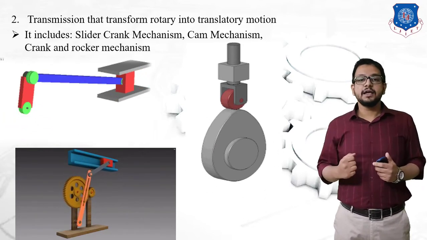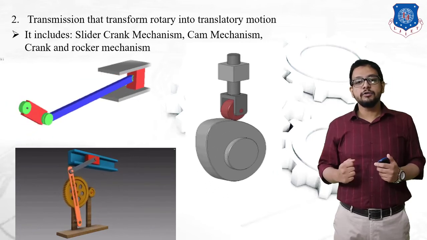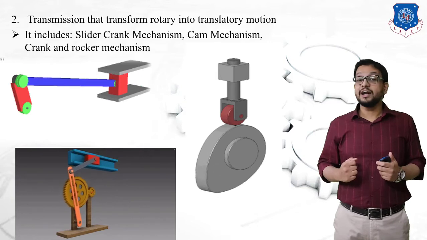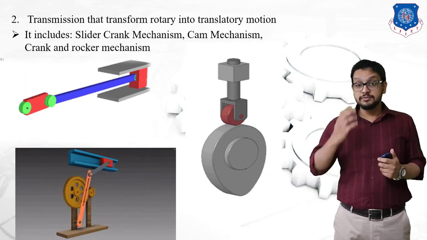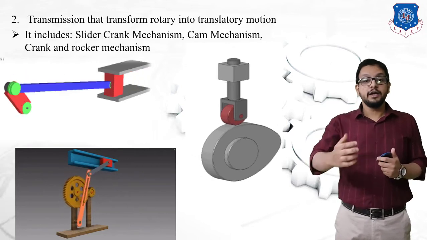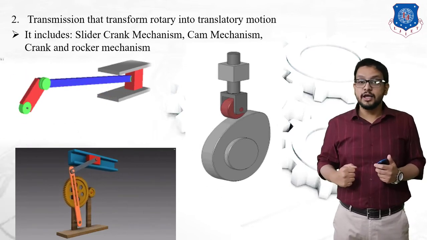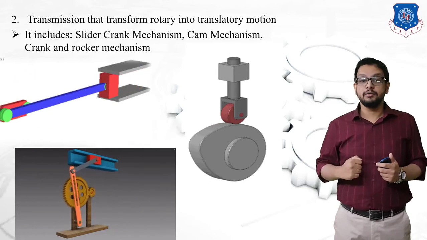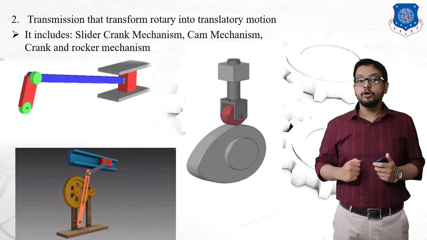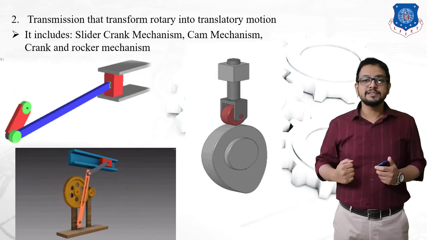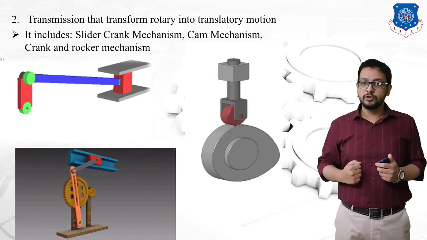And last is the crank and rocker mechanism. You would have heard about a quick return mechanism, the crank and slotted arm quick return mechanism, which is mostly used in a shaper machine in order to move the cutting tool. This is one of the mechanisms, the crank and rocker mechanism, which you would have studied in detail in your MP1, manufacturing process 1. So I hope you are clear with the transmission system. These types are very simple, and you already know how they operate.